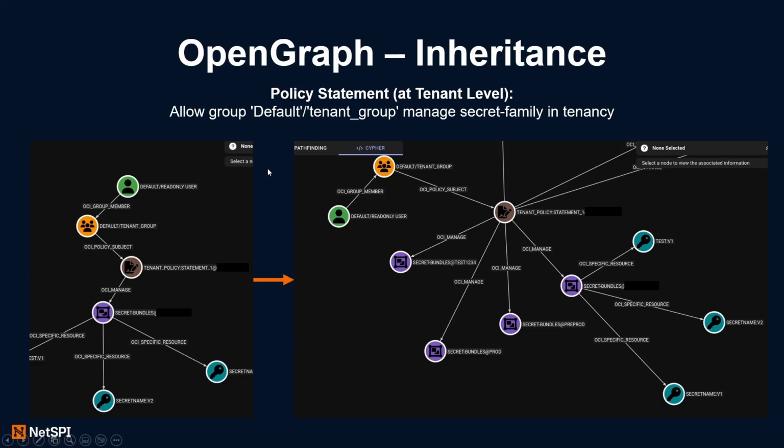So if you, I believe the flag is called expand inherited, if you rerun the module that we saw in the previous video and add that flag and graph it again, you'll see now we have a more accurate picture of our permissions through inheritance. So we not only have manage permissions over the secret bundle at the tenant layer, we also have manage permissions over the secret bundles at pre-prod and prod and this compartment. And so it just fans out all the different edges to all the child compartments, and so it's useful when you're looking at inherited stuff. So it handles inheritance, basically, is the summary.